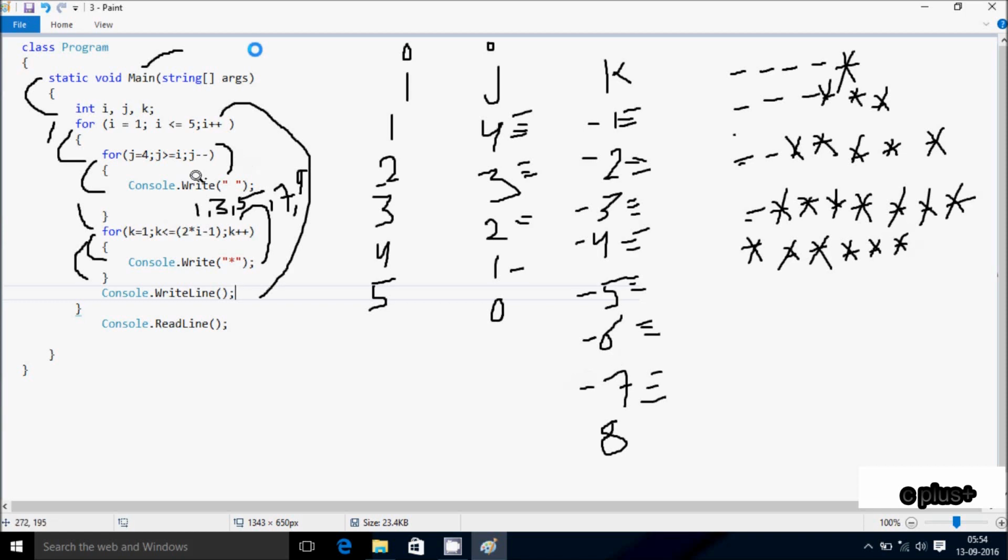Hereafter k is now 7. Check the condition 7 less than or equal to 9, true, print a star. Hereafter k is now 8. Check the condition 8 less than 9, true, print a star. Hereafter k is now 9. Check the condition 9 equal to 9, true, print a star. Hereafter k is 10. Check the condition 10 less than or equal to 9, the condition is not true,